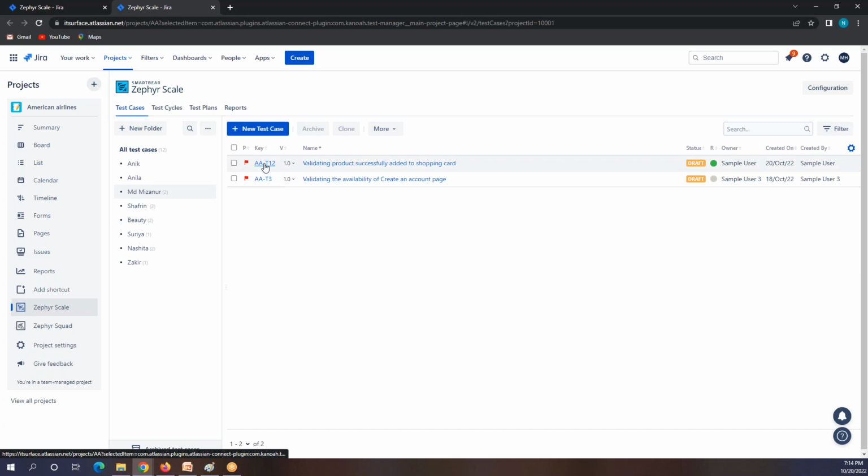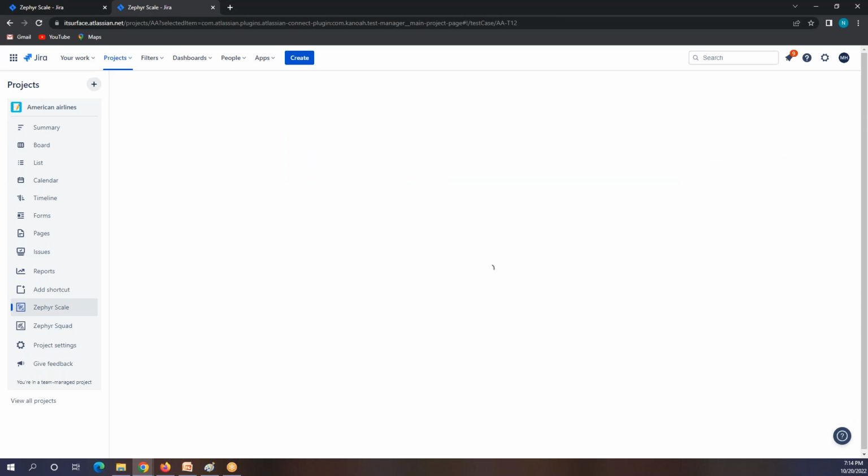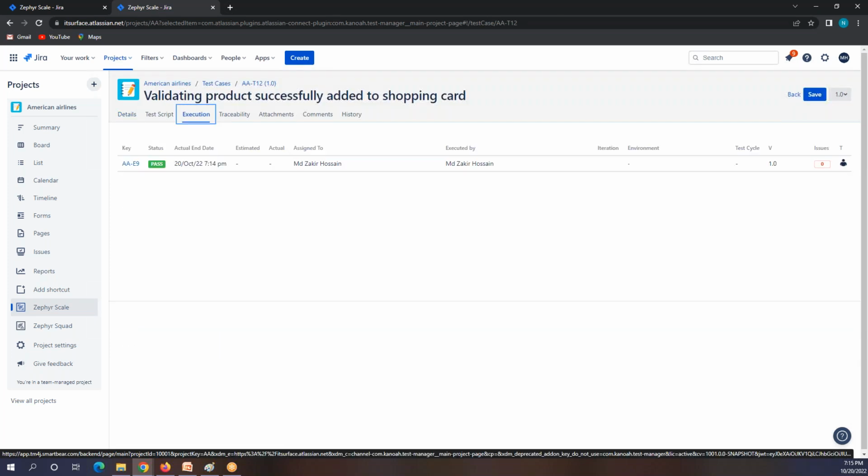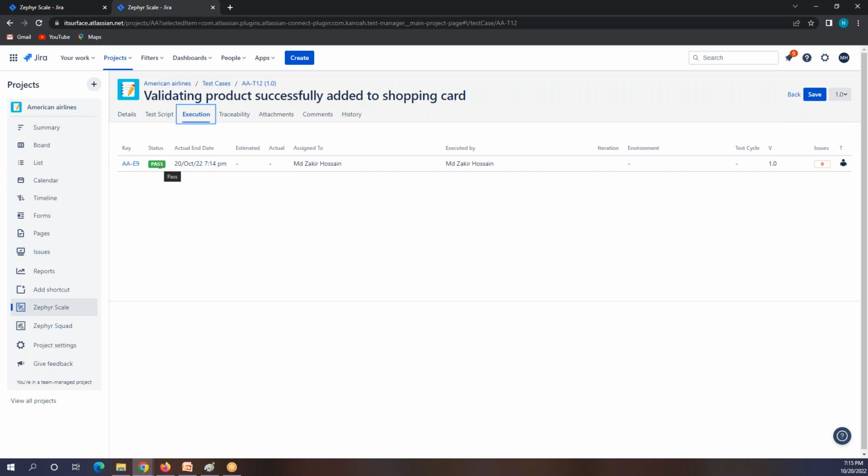So this is the one, right? First one. And you see this one, once it's run and passed, it will show you as green. Now let's go back inside this test case and click on this execution. And now you'll see one entry here. You ran this test case one time and it passed. Now if you want to run it again, you can just click here,